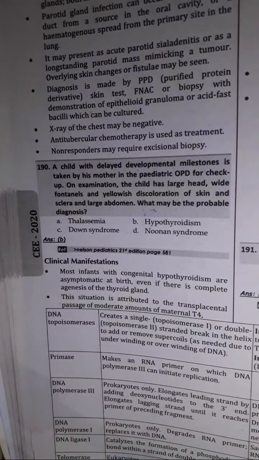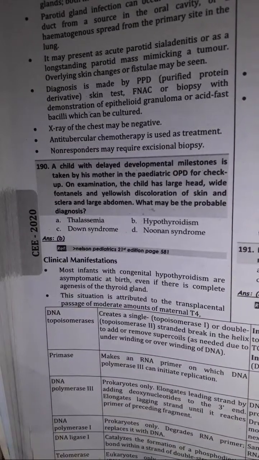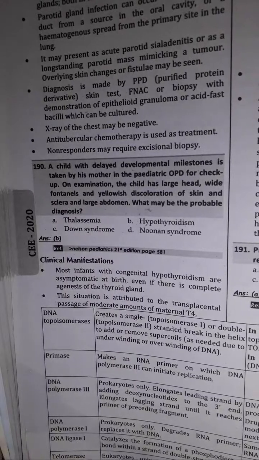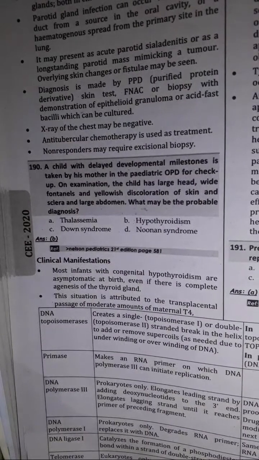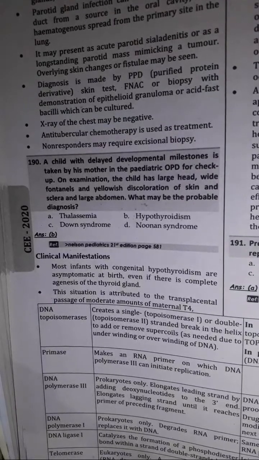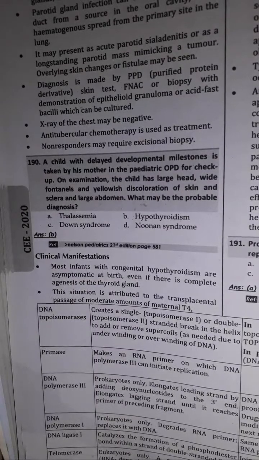A child with delayed developmental milestones is taken by his mother to the pediatric OPD for checkup. On examination, the child has a large head, wide fontanelles, yellowish discoloration of skin and sclera, and a large abdomen. What may be the probable diagnosis? A. Thalassemia. B. Hypothyroidism. C. Down syndrome. D. Noonan syndrome. The answer is